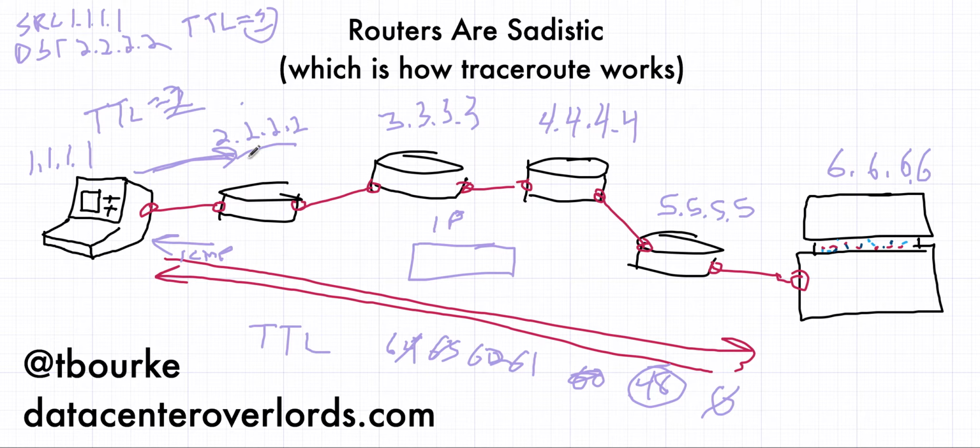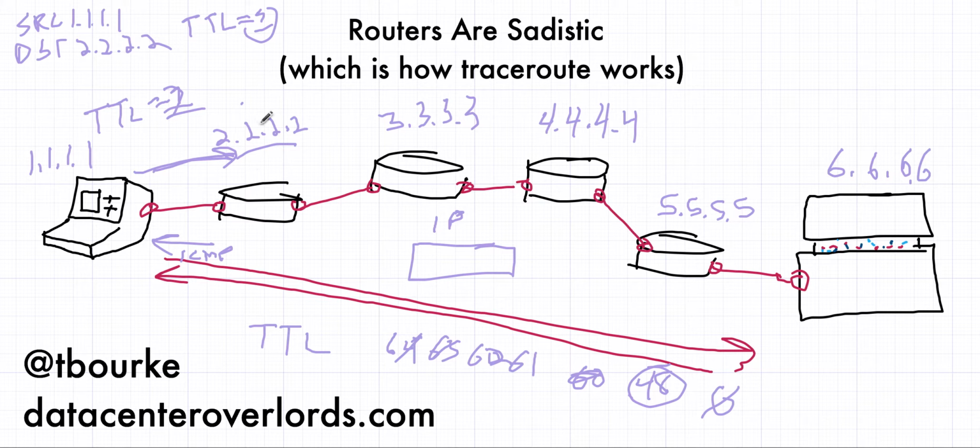So we send another packet the same way. Now, most of the time these packets are ICMP. So I'll send a ping all the way along. Or I can do UDP. I can send it to an undefined port, or I can even send it to TCP. I can send an IP packet with a TCP data segment encapsulated in it with a destination address of 6.6.6.6, port 80, for example.